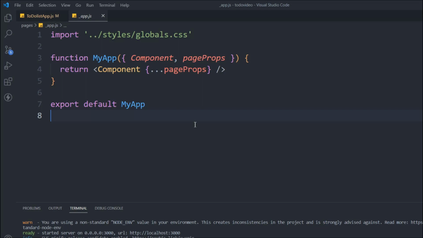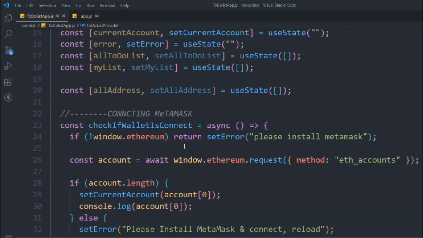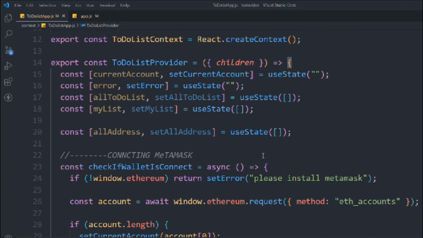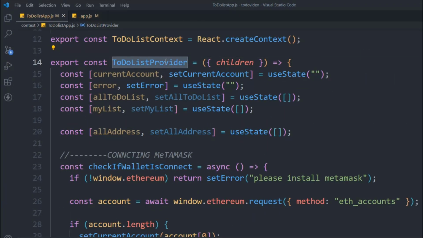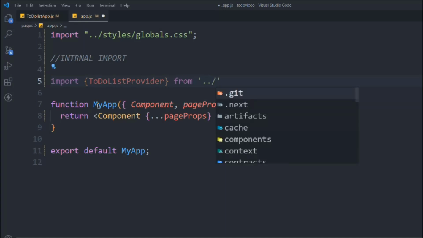Okay, so let's come here, let's do an internal import, and here we have our provider. So let's scroll up. So this is the provider we have, ToDoListProvider, and this provider will be used to wrap our entire application. Okay, so let's simply copy that. Okay, come back, and we have to import that provider. So import ToDoListProvider, and that's coming from our context,